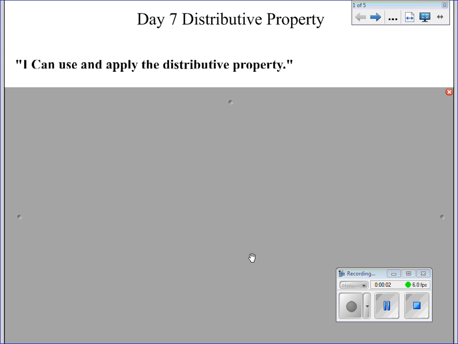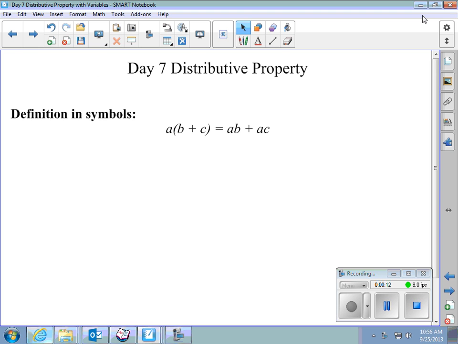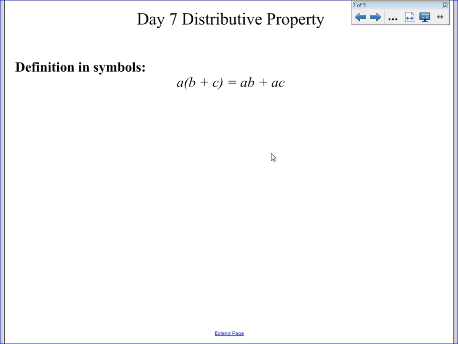Okay, today's video we're going to be talking about the distributive property and how we can use and apply this distributive property to what we've already learned. What the distributive property says, and this is how we would define it in symbols, is whenever you